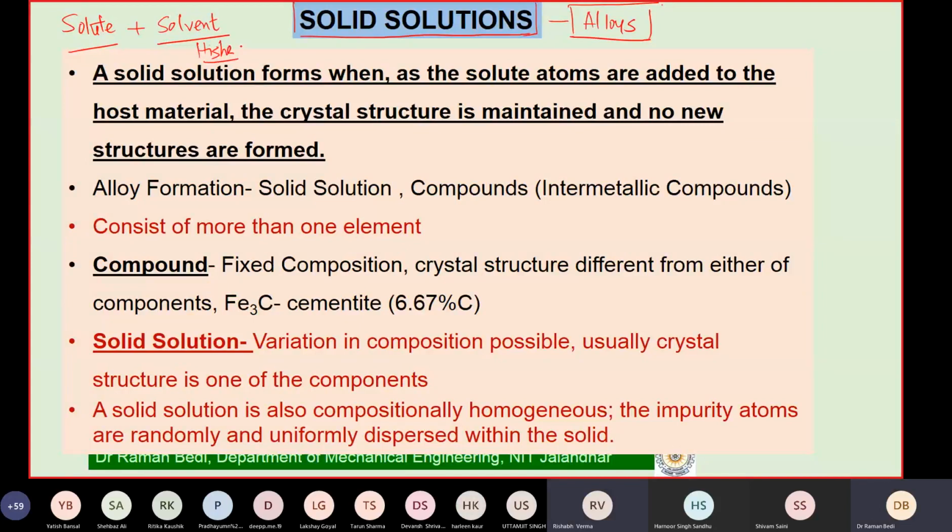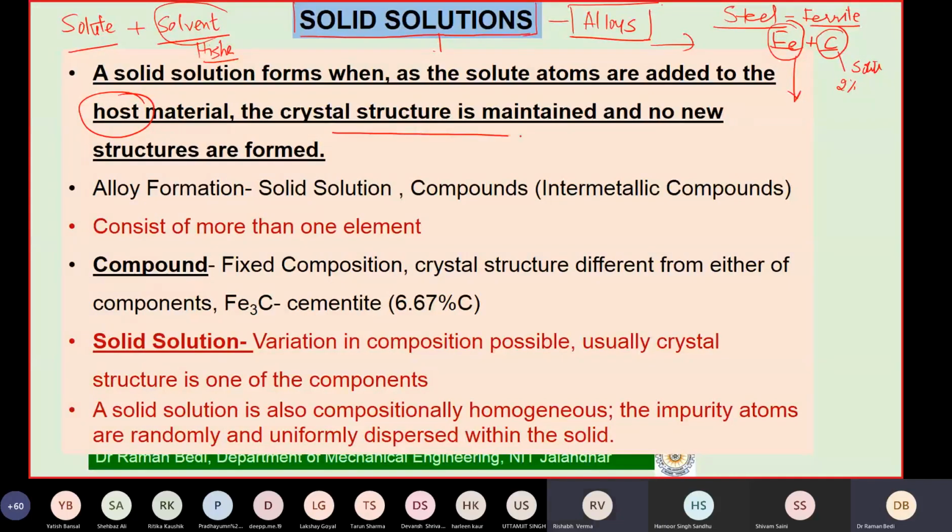Yes. If I say it is a solid solution, maybe steel is a solid solution, or I will say ferrite is a solid solution of iron plus carbon. So which one is the solvent here and which one is the solute? Carbon will be the solute and iron will be the solvent. Yes, carbon will be the solute because it is available to us in a very small amount, maybe 2% is the maximum value that you have, and iron will be your solvent. So in a solid solution, the solute atoms are added to the host material. The host material is what we are referring to as the solvent.